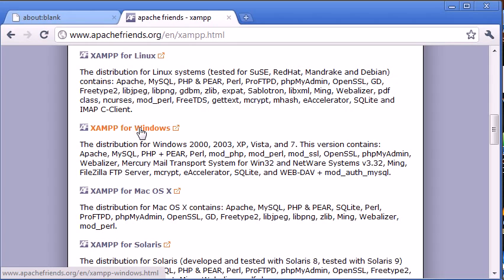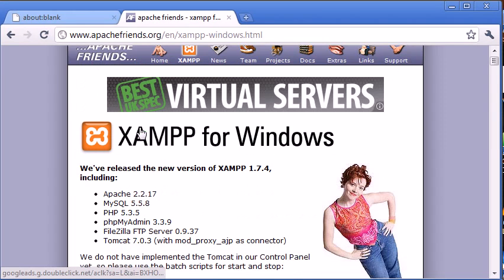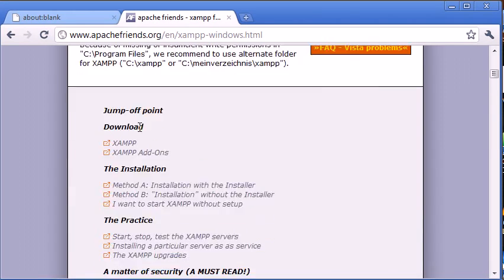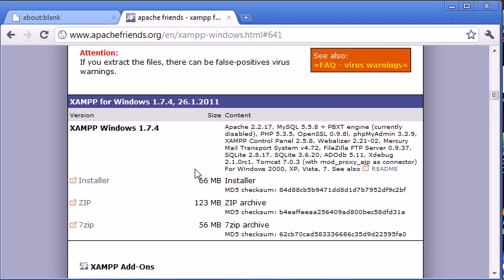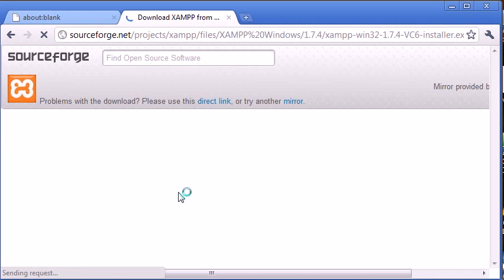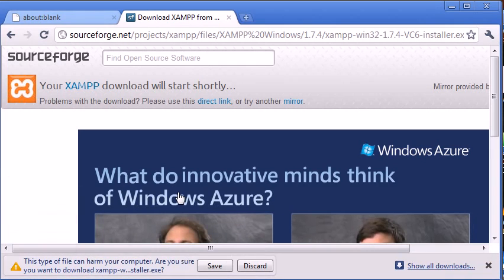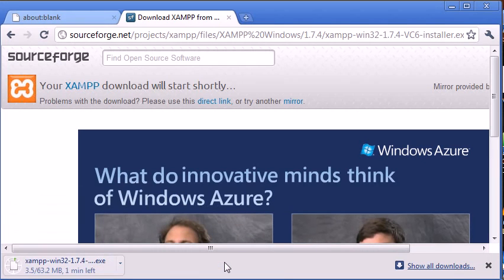So once you've clicked this link, you're going to come down and say download XAMPP here. The installation here says method A, installation with the installer or without the installer. We're going to choose XAMPP here, and we can click on installer. I'd highly recommend you install it with the installer. We're going to click that and it's going to download, so pretty simple stuff. You're going to open this installation file once it's downloaded. It's hosted with SourceForge, so you're going to save this file and wait till that's downloaded. It's 63.2 megabytes as it's